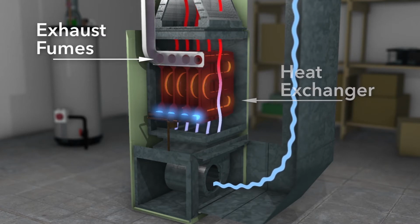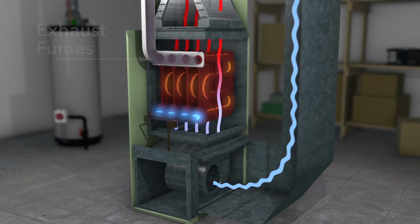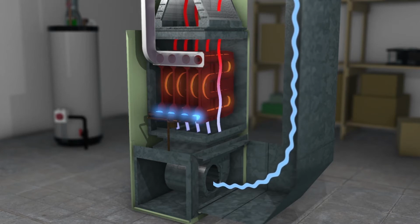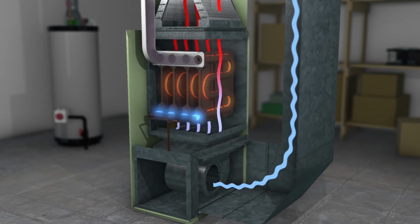Exhaust fumes that include deadly carbon monoxide gas are produced as the fuel is burned. A properly functioning system is designed to keep the fumes inside the heat exchanger and then send them safely out of the house. During the winter, this constant heating, cooling, and reheating of the heat exchanger can happen many times